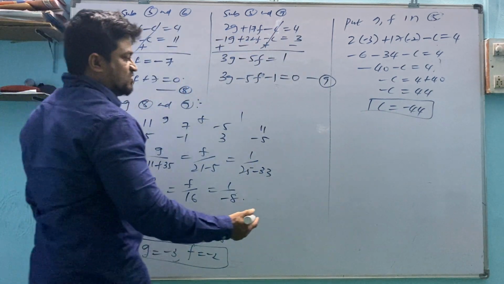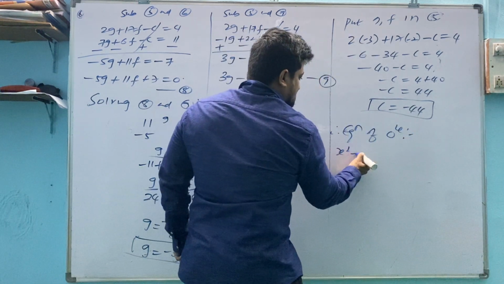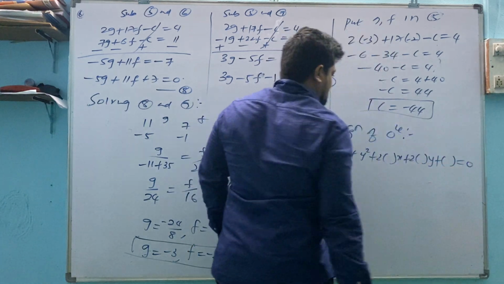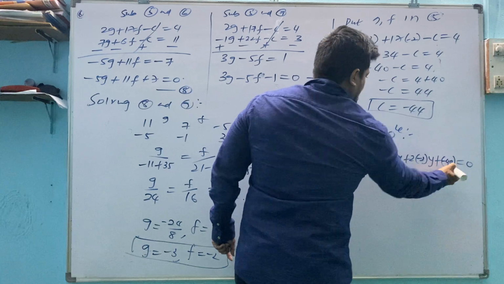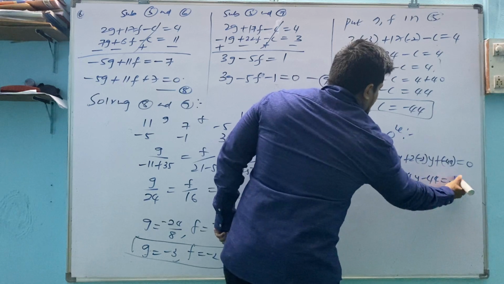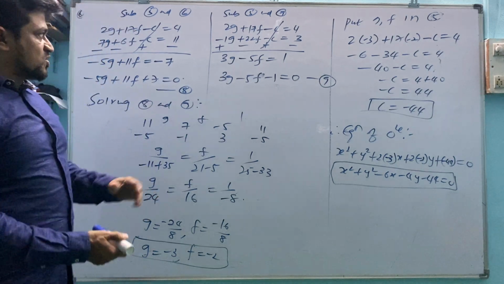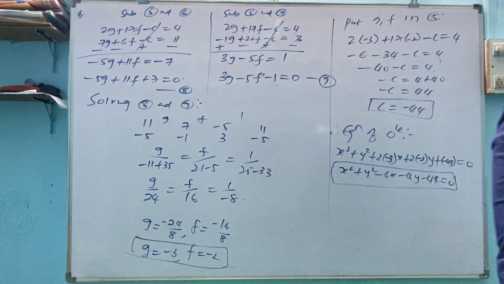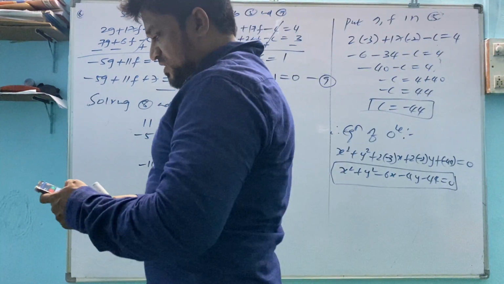They are enough to get the equation of circle. Therefore, equation of circle which is orthogonal to 1, 2 and 3 is x square plus y square plus 2gx plus 2fy plus c equals to 0. What is the value of g? We have minus 3. F is minus 2, c is minus 44. So x square plus y square minus 6x minus 4y minus 44 equal to 0. What you have to do when three circles are there which are orthogonal? First equation of 1 is orthogonal to second, 1 is orthogonal to third, 1 is orthogonal to fourth. Then we have to subtract them in order to get the value.